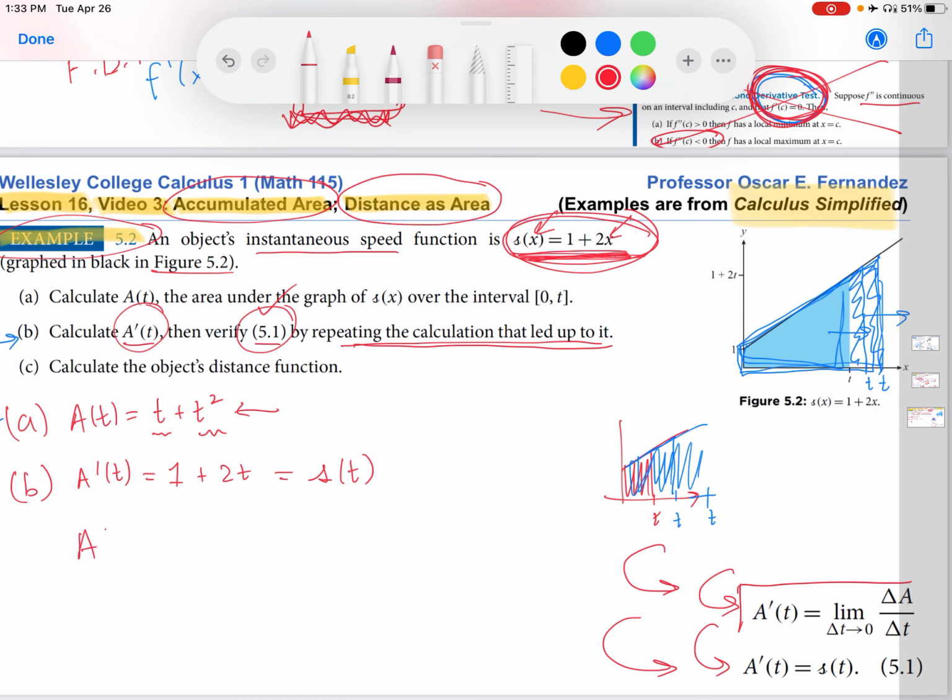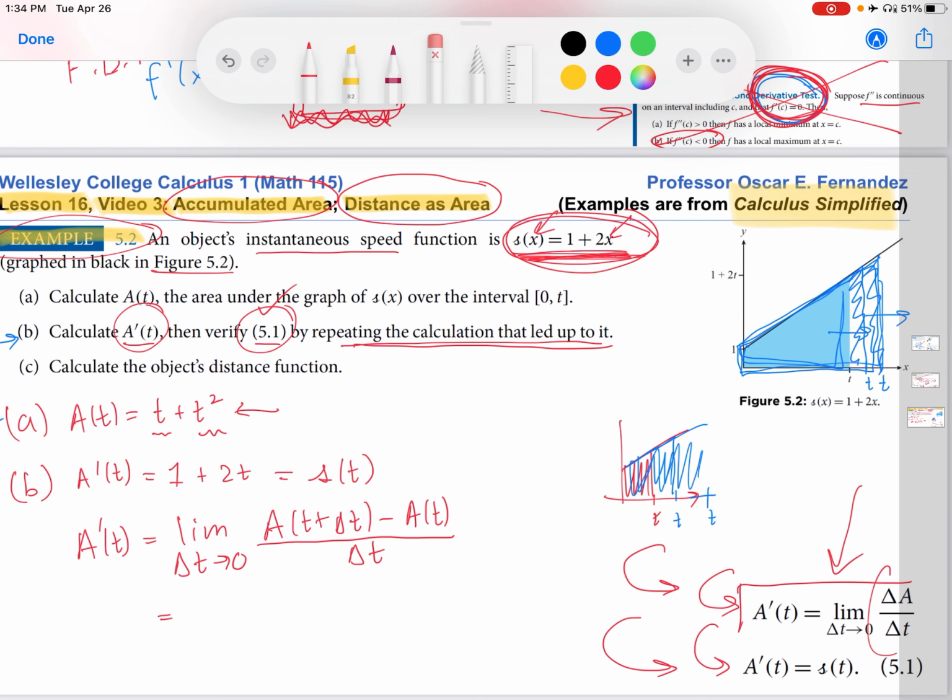So I'm going to go back to a of t, sorry, a prime of t, and I'm going to use this definition. Limit as delta t goes to 0 of delta a over delta t. And I'm going to write that out. So that's a of t plus h. Oops, and I'm using delta t. So a of t plus delta t minus a of t over delta t. Right? So the point of doing this is to show you that we can again think of setting up a